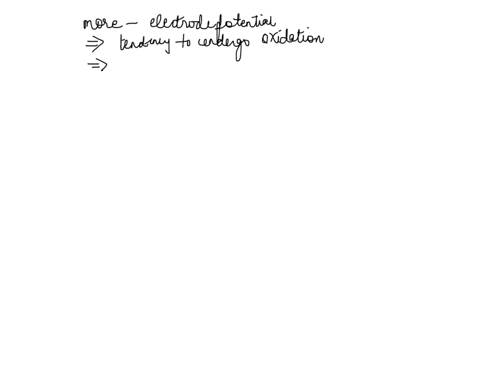So again, once you have the values, you can determine whether a certain electrode has the potential to go through oxidation or reduction